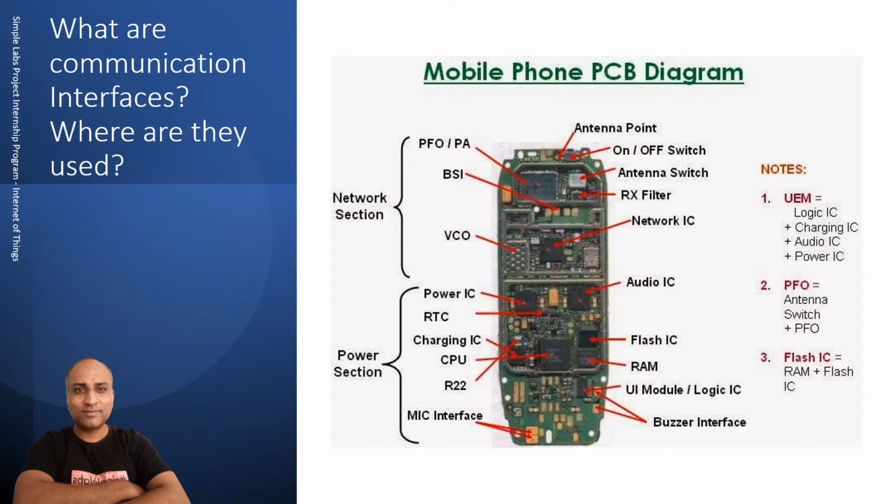Now there are a lot of electronic components in any simple system, your mobile phone or your camera, any electronic system. These components have a very specific functionality. Each of these components brings in a specific functionality, and the CPU communicates with each of them to make use of those functionalities and get some information from them. This is where communication interfaces come into play. Communication interfaces define the hardware mechanism of how the communication happens.